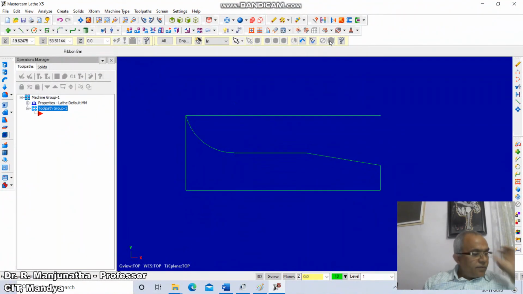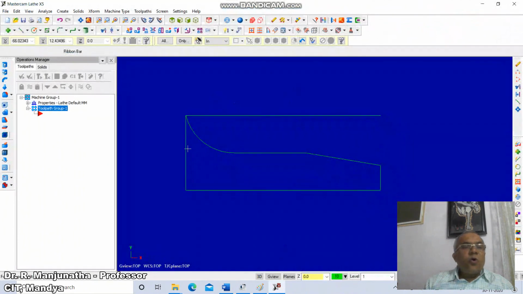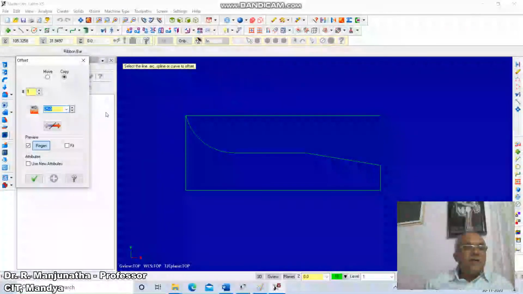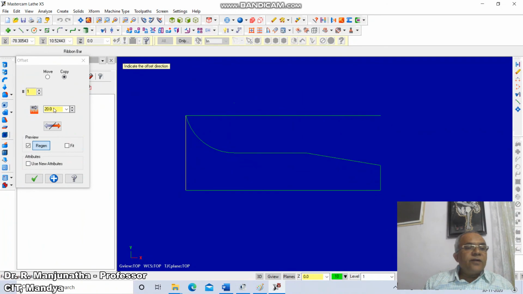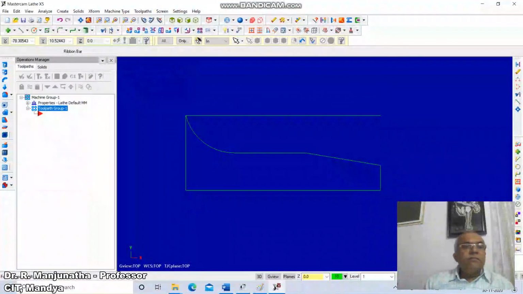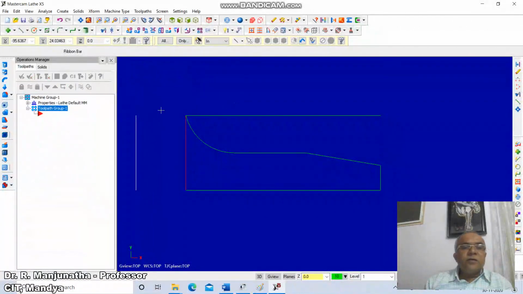Now we have this. What we have done is drawn this arc, and from here you have a length of 20. So go to XForm, offset, take the distance as 20, select this line and offset it here, click on the tick mark.